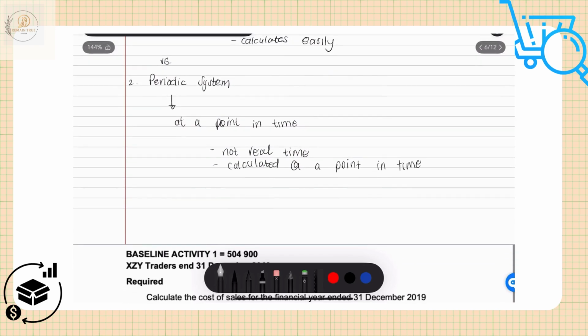So if we're calculating cost of sales using our periodic system, we are saying cost of sales is equal to opening stock, which we covered in the previous lesson. If you want to refer back to what opening stock is, I will try to link it above for you. So opening stock plus your net purchases. Remember, net purchases takes into account less drawings, less donations, and so on. So net, not gross, your net after things have gone out, plus carriage on purchases,